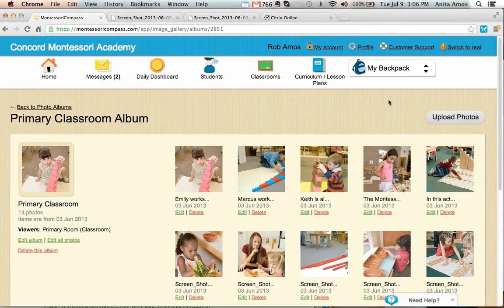With both of those mobile devices, you cannot drag and drop. You can't do that anywhere. It's not a Montessori Compass issue. It's a mobile operating system issue, and you need to add them one at a time. Until recently, you weren't able to do that on iOS at all. Apple released a new version back last fall, which enabled you to do that. But prior to that, you were not able to upload at all. So for anyone that has an older iPad and has not updated yet, you'll need to make sure you're using the current version of iOS, which would be a free upgrade from Apple.